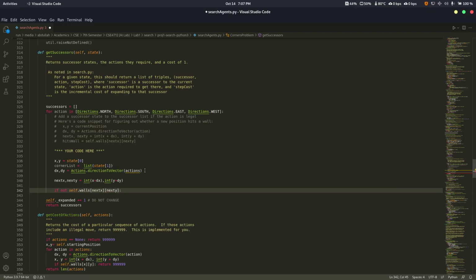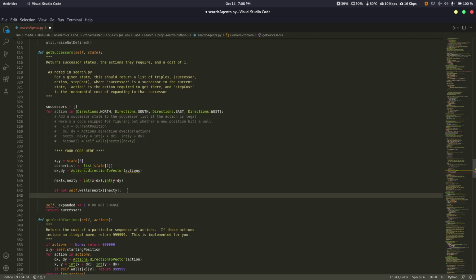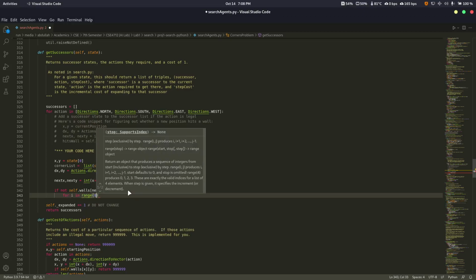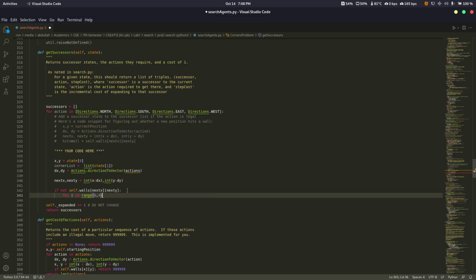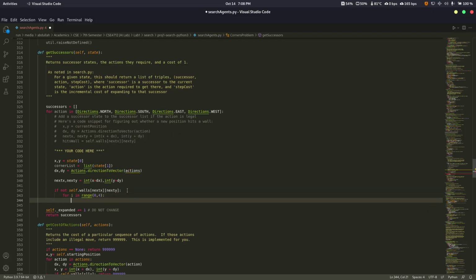So we are checking if this coordinate is not a wall, then for i in range, there are 4 directions, 0 to 4. If next x and